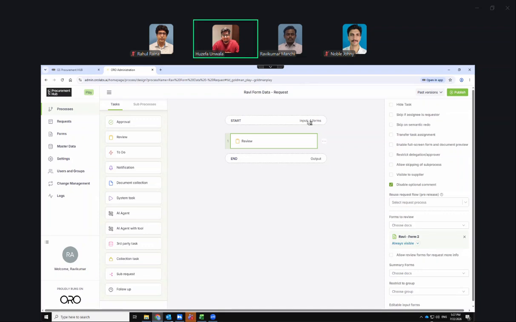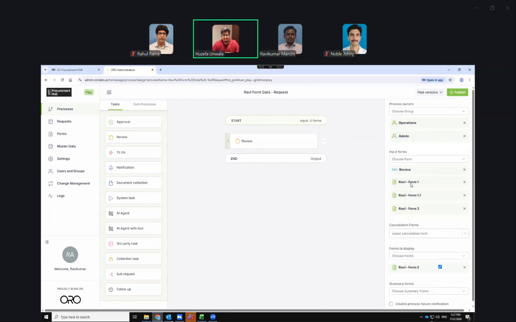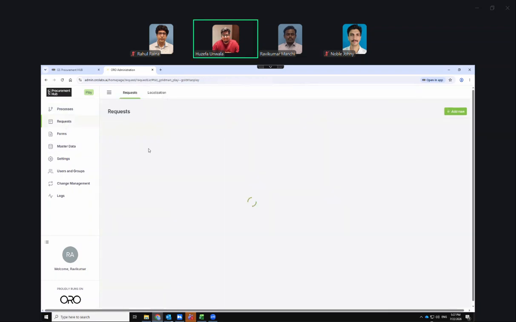Okay, and then here I selected form 1, 1.1, and 2 as the input forms, and then this is the form to display. I just use this as part of a request, but this is something I just use in a display process steps. And now in the request, if you look at it,